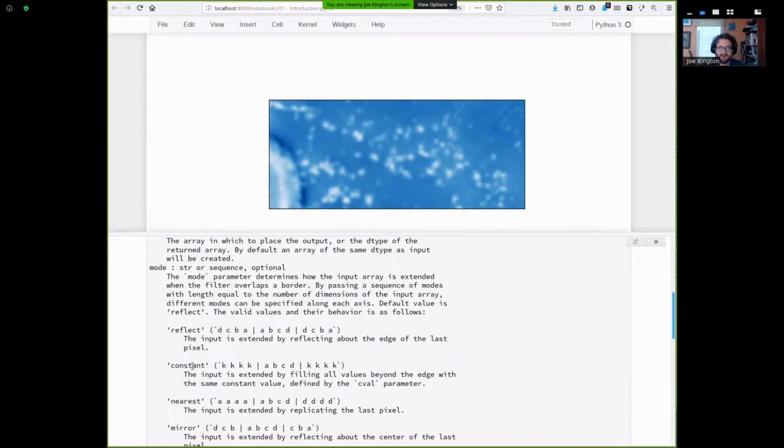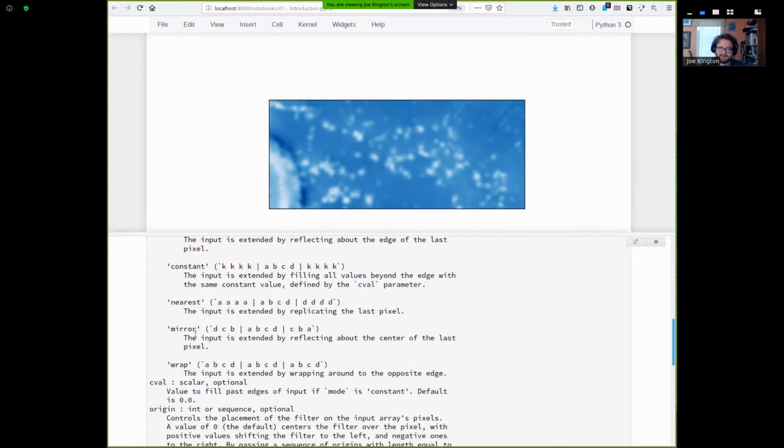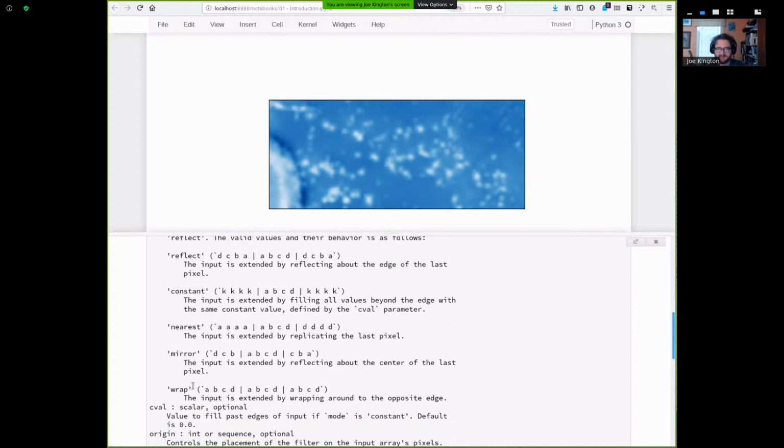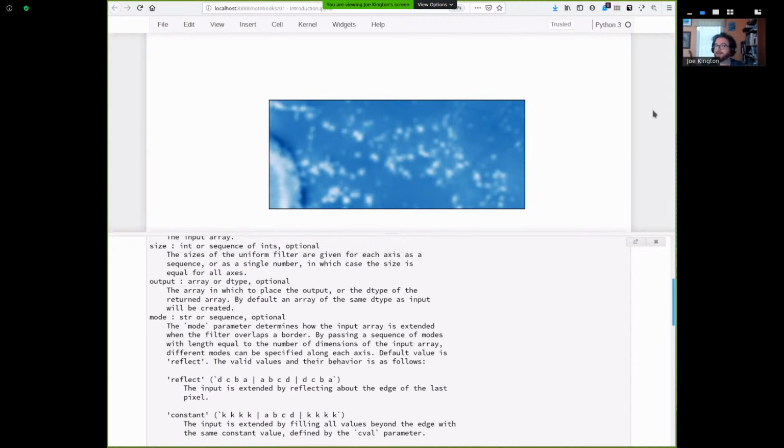You must also imagine constant, nearest, mirror, and reflect are very similar and subtly different. I don't want to get into the differences here, but you can see where this is going. You have a few different ways of handling it. These are all common boundary conditions. This is about all I'm going to say about boundary conditions today, but I do want you to remember it